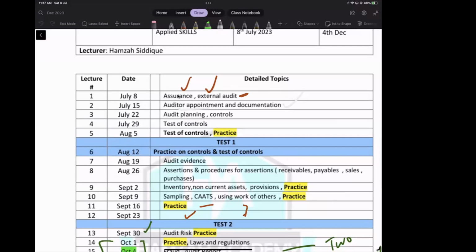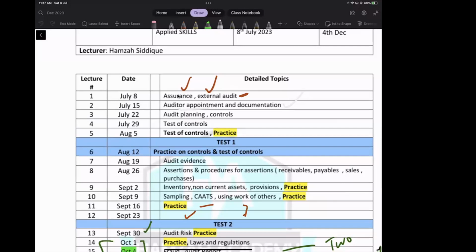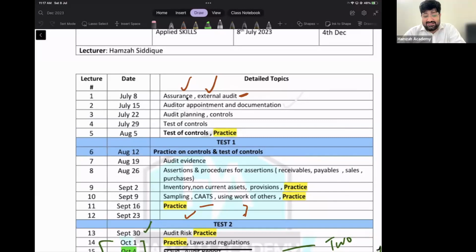Yes, Pravir. Hello, my name is Pravir. Good morning. Hope you can hear me well. I work as company secretary and accountant at Apex Financial Services, and this is my first time with Hamzah Academy. Thank you.